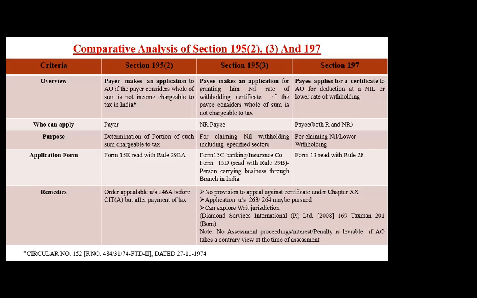And it is for the PE also, for all the PEs which are there, where there is business income. So a person who has a branch will go to 195 subsection 3 only if he is applying for a nil withholding. Of course, if he is not applying for a nil withholding, then you can go to 197. In 197, both resident and non-resident can go. Resident, because we are talking of resident because of the rental incomes which are there.